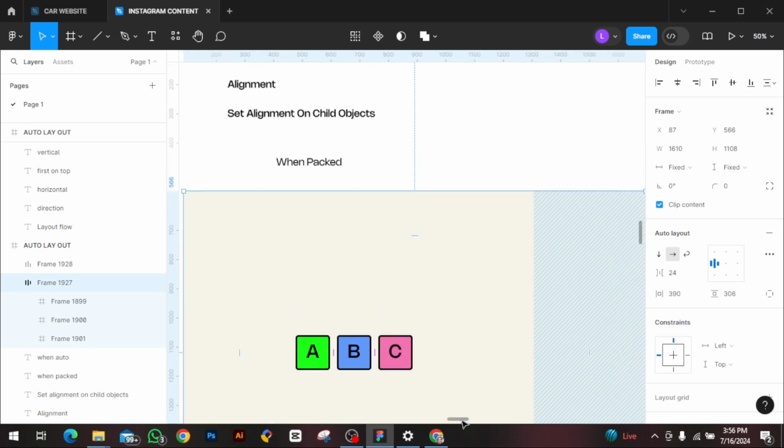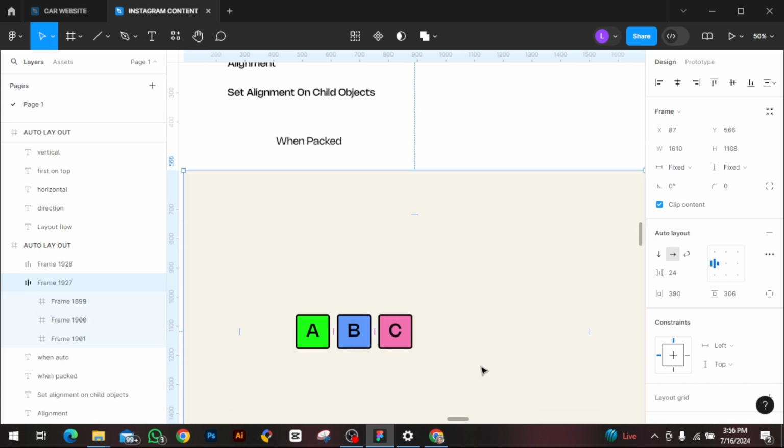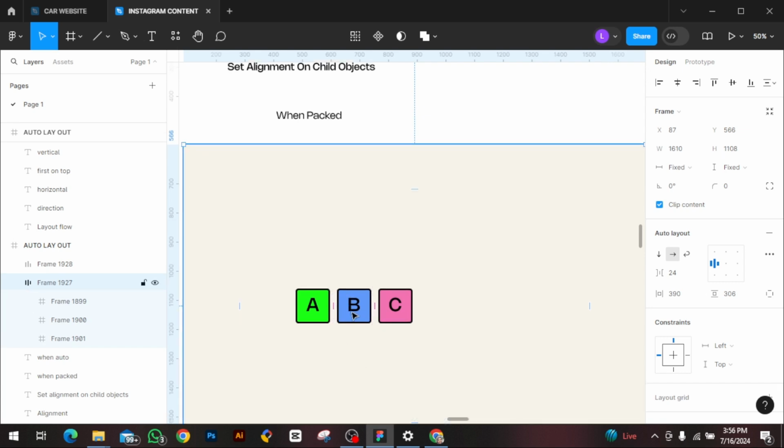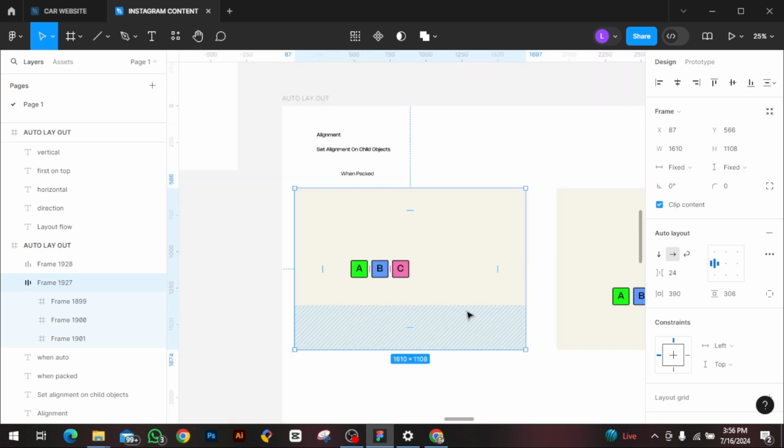Our next segment is alignment. In auto layout, you can find alignment. To see that alignment, I can show you this. If I put my cursor here, you can see some pink color, and the gap between them is showing 24. It's called packed. So how does it work? Well, if I click it here,